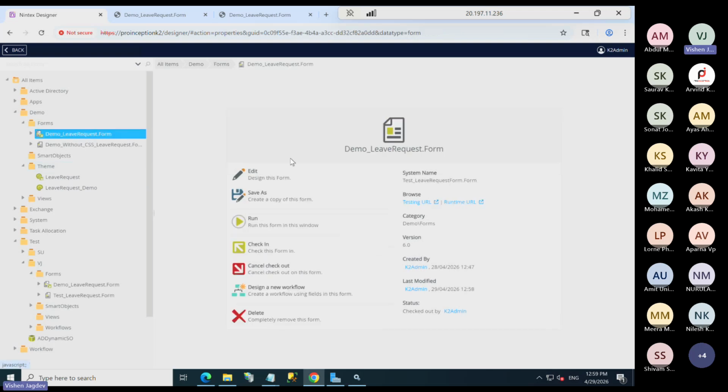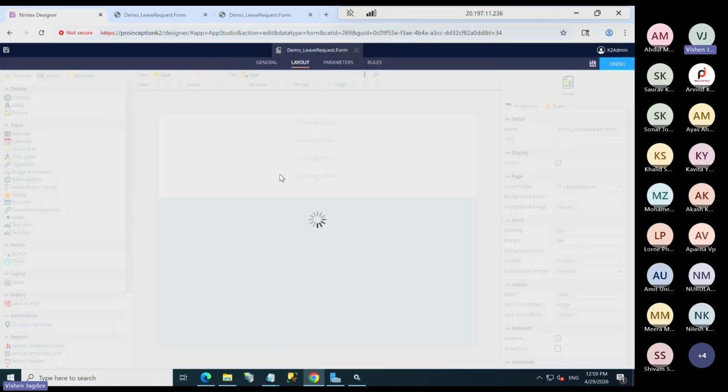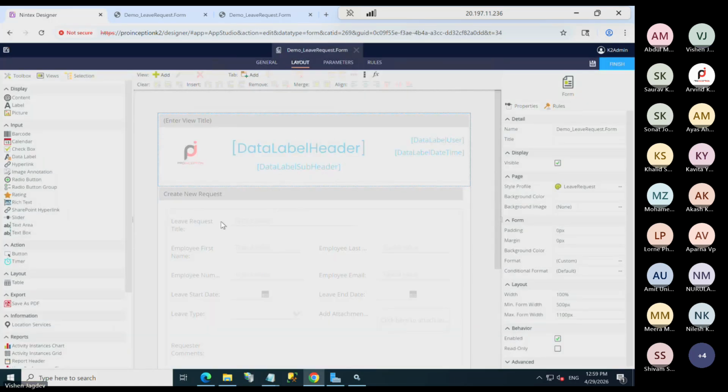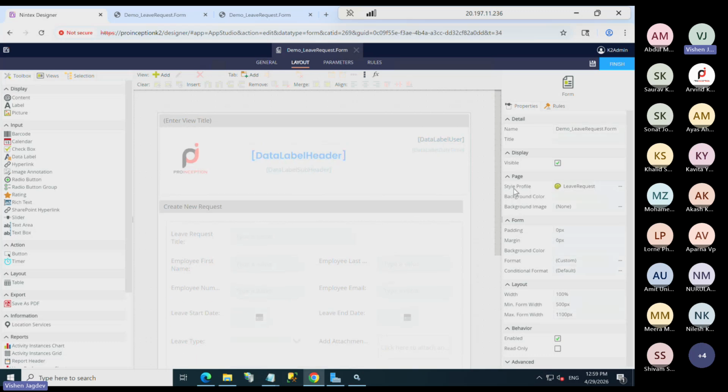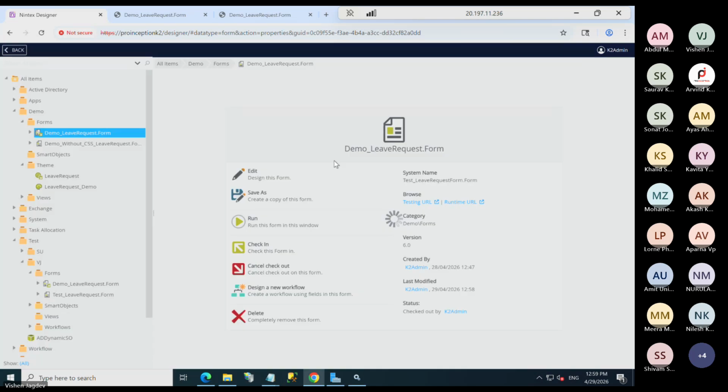Then we go to the smart form. Basically the same smart form that I showed you before, we now link it with, as you can see here, the style profile that has been connected to our CSS styling sheet. And that's where the connection is made that we spoke about before, from our CSS file into the K2 smart form. So we link it. And then when we run it,